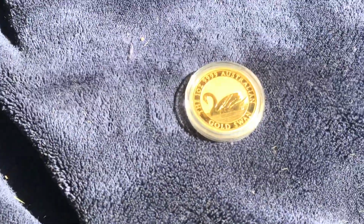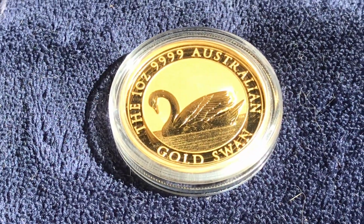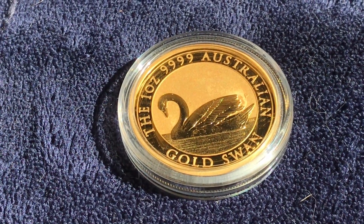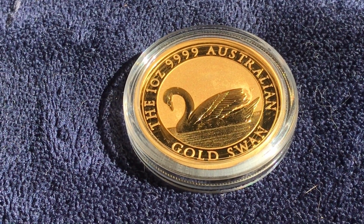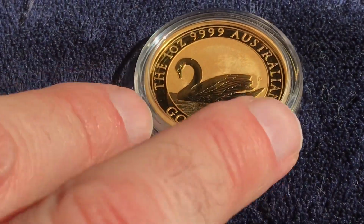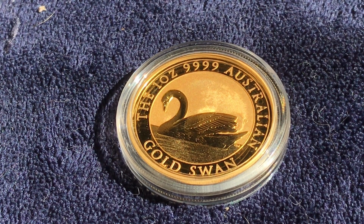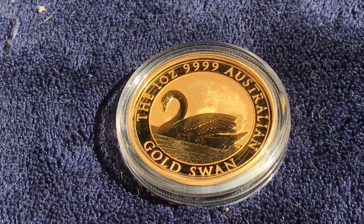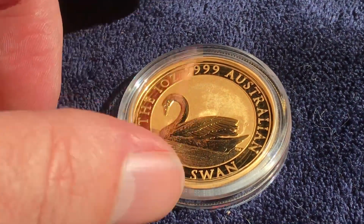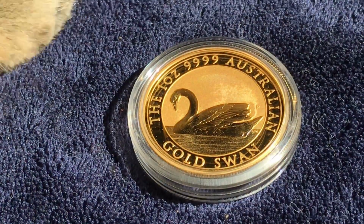Very, very nice to see gold here and make this purchase. But I will say, with purchases like this with a little bit of premium to them, or a lot of premium, as was mentioned earlier, you make the purchase and own the purchase. In other words, you know that you're protected by the intrinsic value of the piece. And I believe that with gold in this case, you will be much more protected, considering it's a smaller premium, and the bulk of the purchase is essentially for the price of the metal itself. Though by the time I had purchased this and by the time it shipped, gold had gone down somewhat,